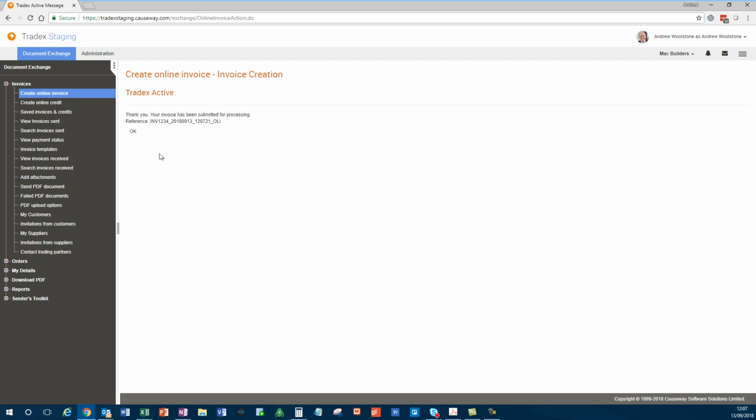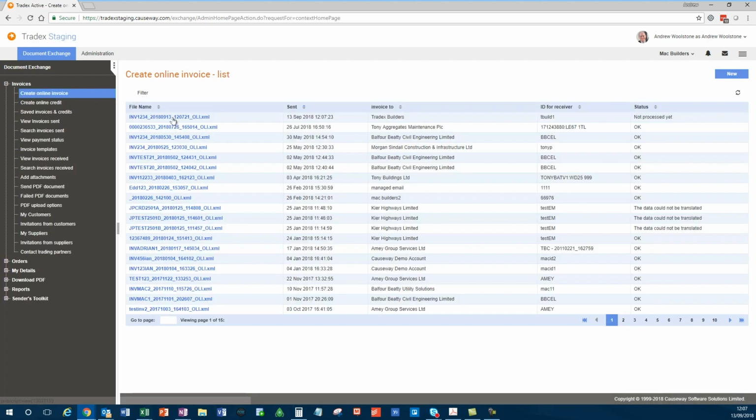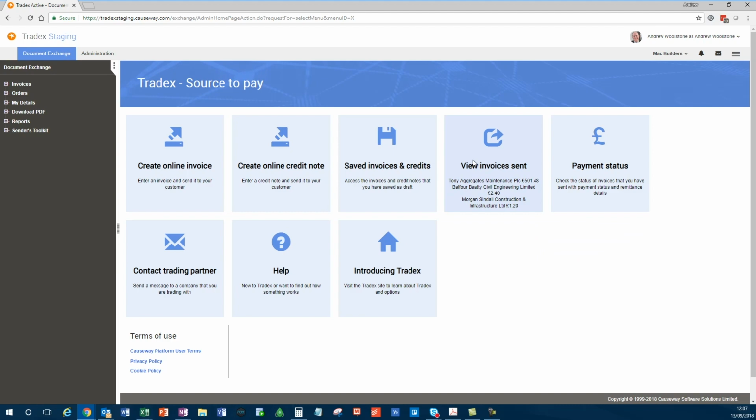For example, a PO number might be in the wrong format, which will need to be corrected before it can be submitted. When the invoice has been successfully processed, it will appear in your list of invoices sent, as shown